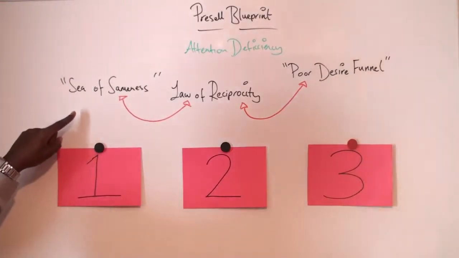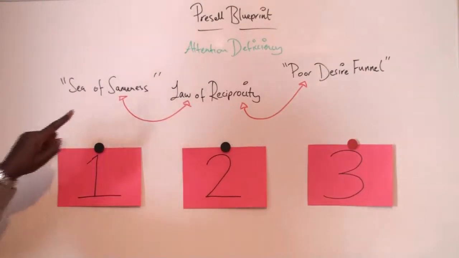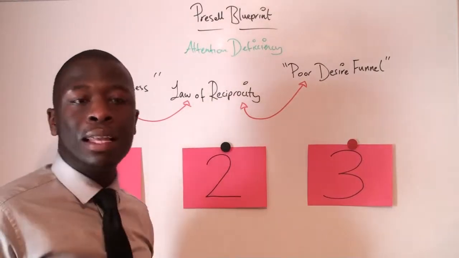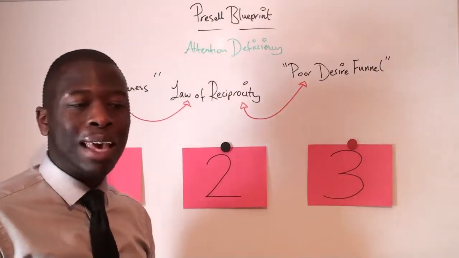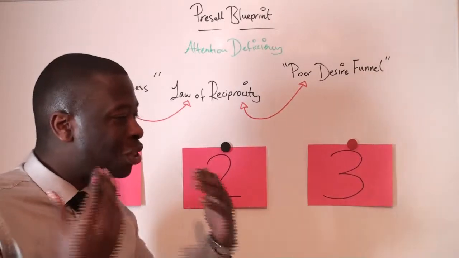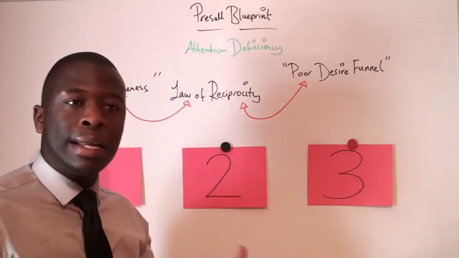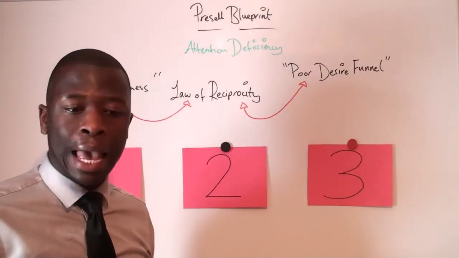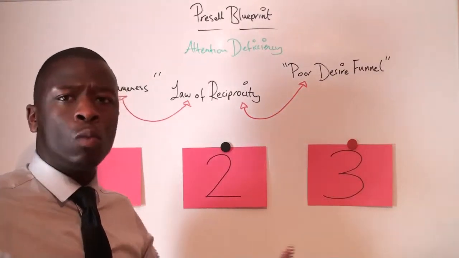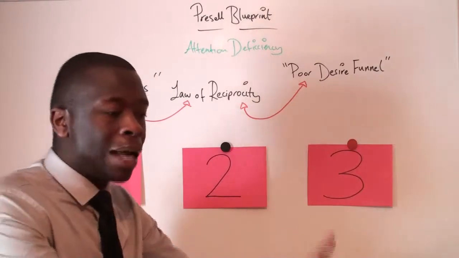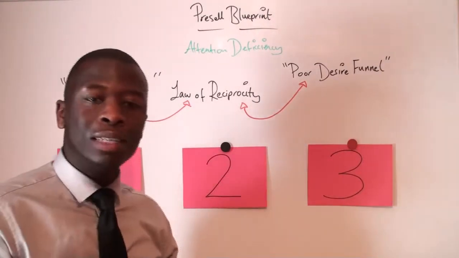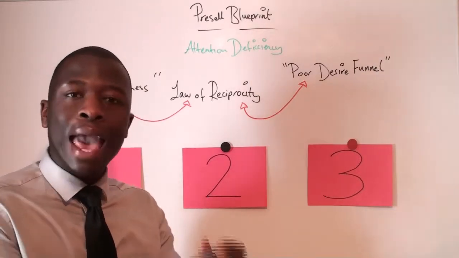and oftentimes people cannot actually break through what we call right here the sea of sameness. People can't break through the sea of sameness because what that basically means is that all the content that's out there is so mundane, it's so scripted, there's not much massive use value that people are gaining, and people don't feel as though, well, why should I partner with you, why should I buy this product or service, because everything is the same. Every content looks the same, the graphics, everything is the same.